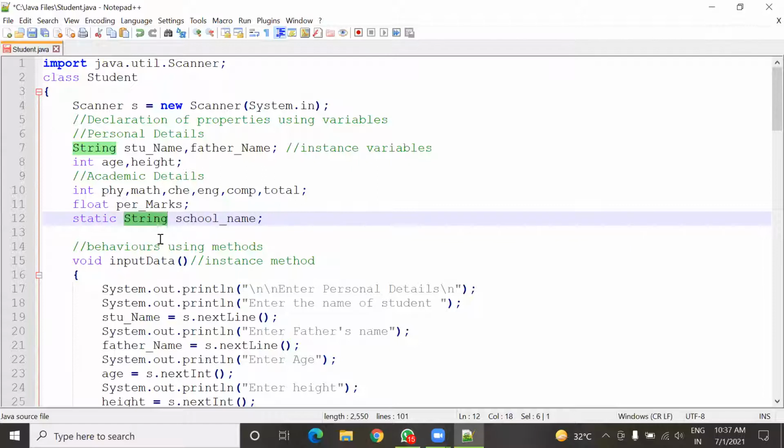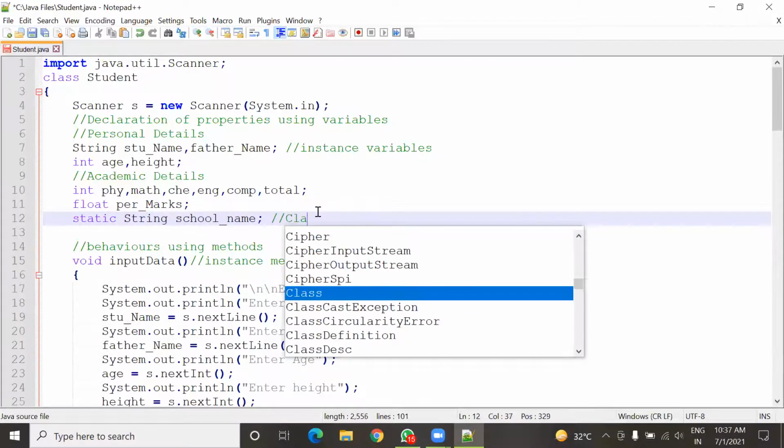Okay. So here I have used a keyword, that is static. If I use this static keyword before any variable, then this variable becomes a class variable.